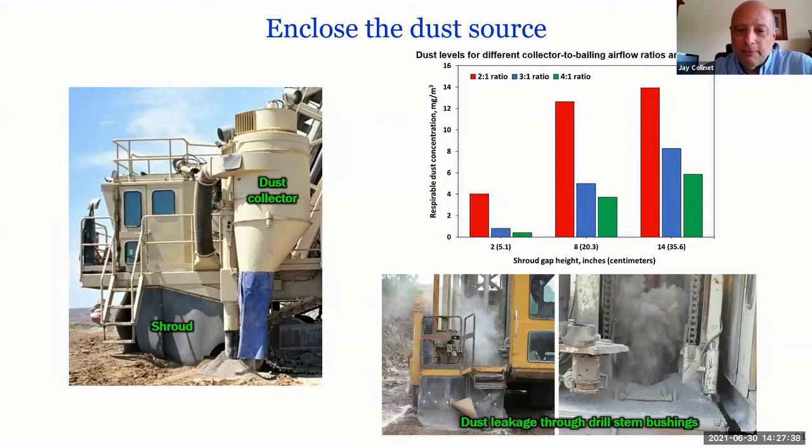The graph on the top right shows some tests we did in our laboratory where we looked at different collector to bailing airflow ratios. And obviously, the more collector airflow that you have above the bailing airflow ratio, the better, as shown here with the 4:1 showing the lowest dust levels. But also what this showed is we changed the gap between the shroud and the bottom of the ground. And you can see as that increases, dust escapes much more readily, even at the higher collector to bailing airflow